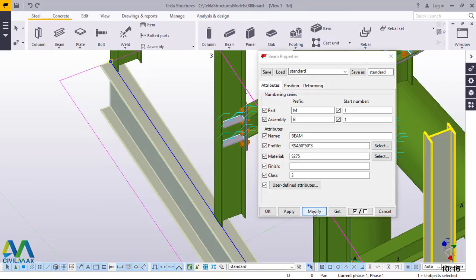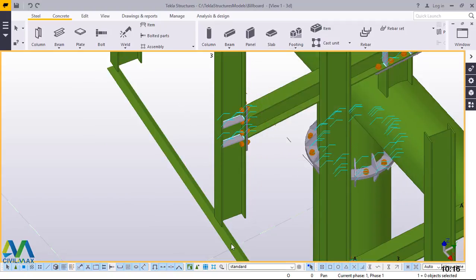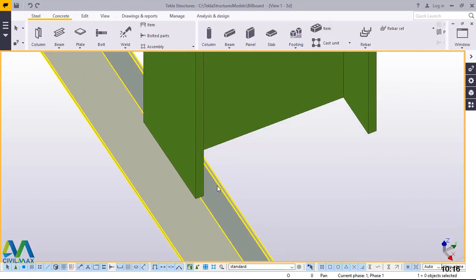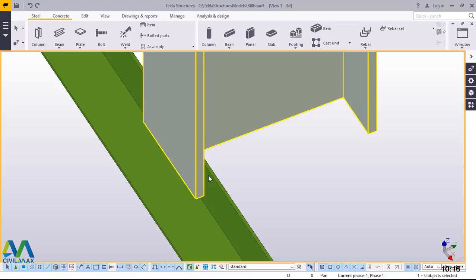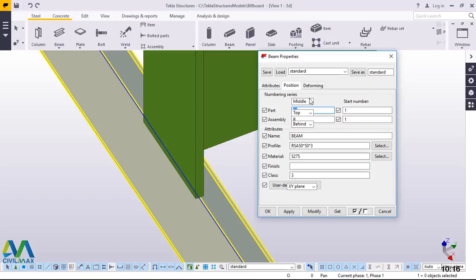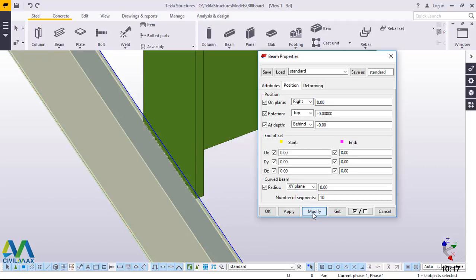thing here under beam properties. Click modify, apply and accept. And before exiting this, we need to bring it slightly off this for it to flush with this beam. Just double click on it once again and come to position here and give it a move command. Just move it left or right. There we are, and we'll take it slightly up by coming to depth and clicking front,